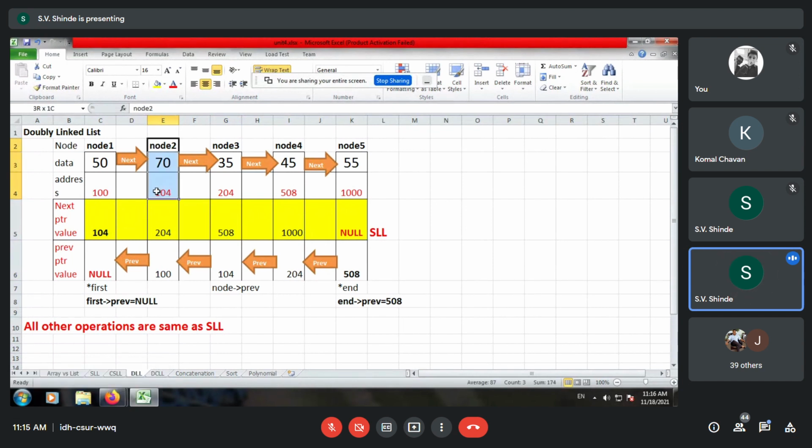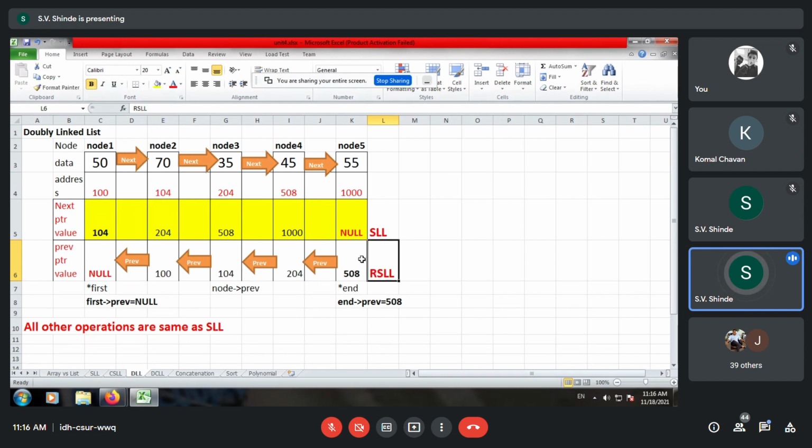Now, what is the condition at the head node or the first node? So head arrow previous is null. So this is, you can say, the reverse of SLL. I just highlight that point. What is reverse of SLL? Everyone able to understand this reverse SLL?